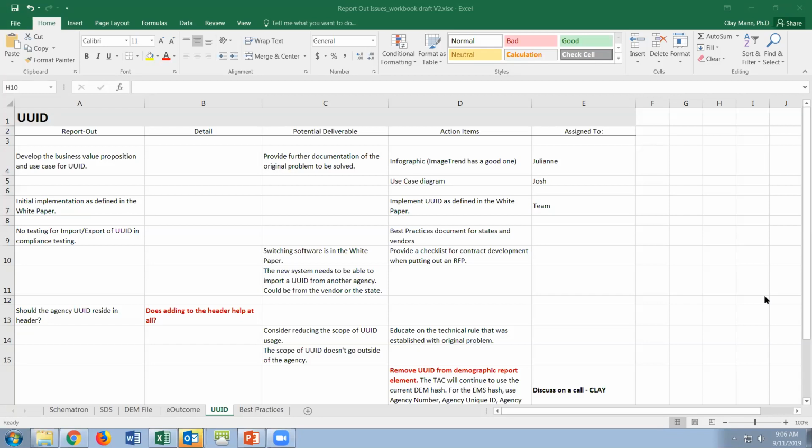For example, what might be the best way to facilitate a process whereby if an EMS agency was to switch software, how could we ensure that there would be a smooth transition of the initial UUID? So some issues like that.